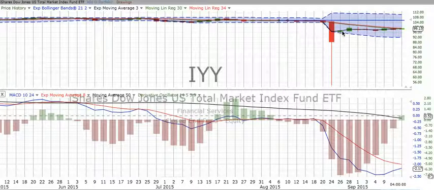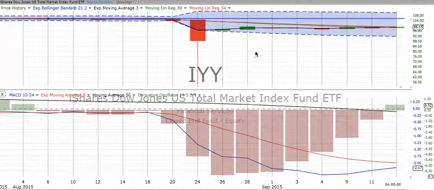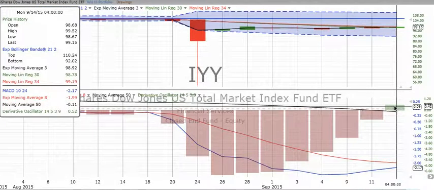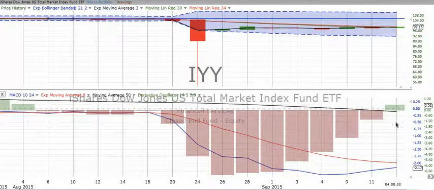We continue to look at this rather strange chart. This is actually the two-day chart for the total market. And we have, of course, the big drop that occurred on the two-day candle back on the 24th of August. We've continued to see the market move sideways. And we have a MACD that rotated over going down a few days before the big move. And we have the derivative oscillator, which has switched over going up. We don't have a cross yet on the two-day MACD over the signal line, which is our big indicator.